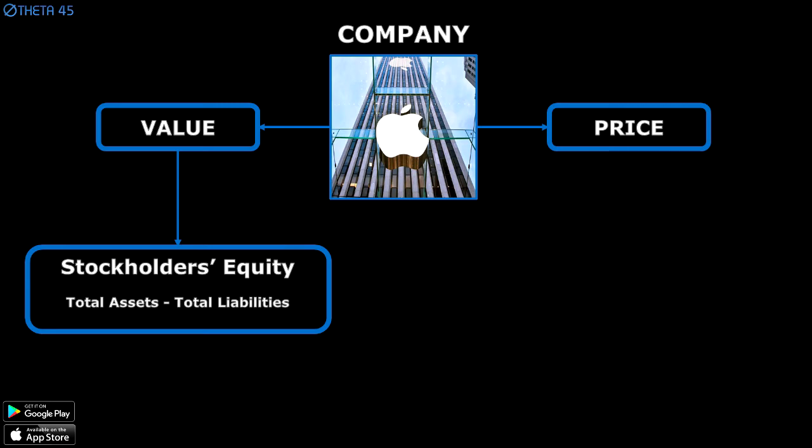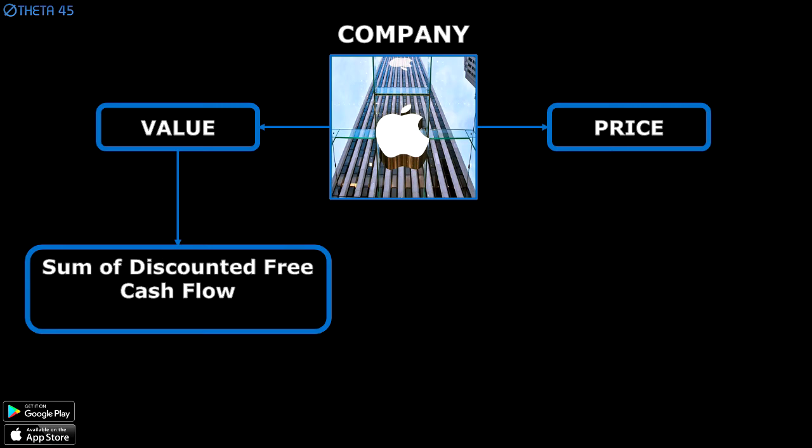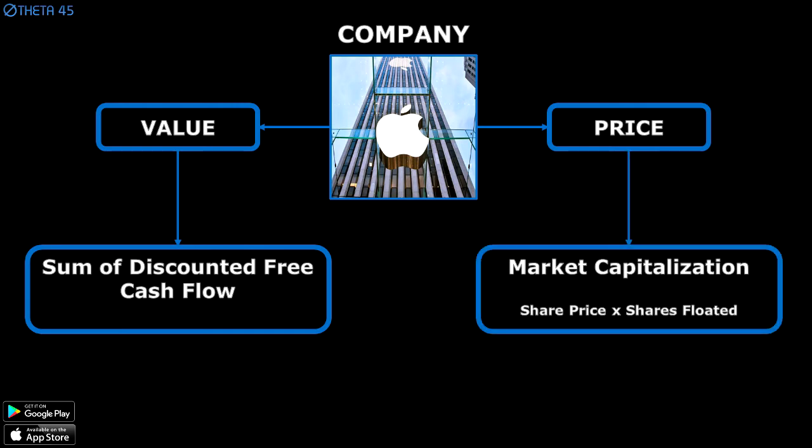A company has a value, and it has a price. The value, or equity, of a company can be measured by its net asset value, or by the cash flow it can generate every year. Shares in a company are traded on the stock market, where the share price fluctuates according to the laws of demand and supply. Traders who believe that the share price has dropped below the company's value in the short term will buy shares in that company to profit in the long term.